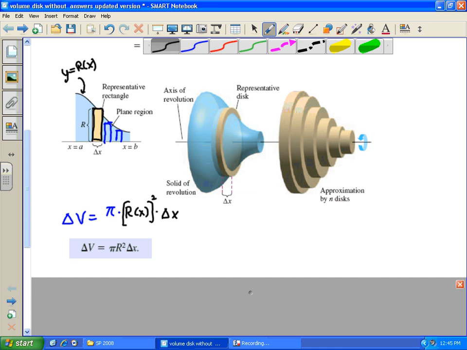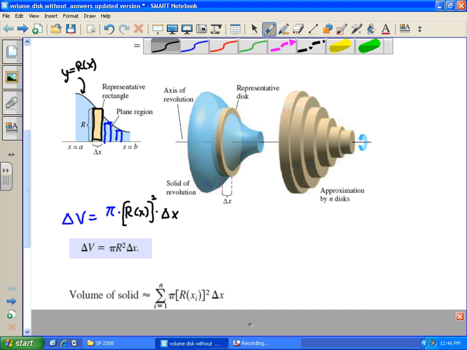Okay, that was just for one, right? But what do we really want? We want the total volume. So let's take n of those rectangles. We're going to take n of them to cover the region in the beginning. So what do you need to do with these n disks that you have generated? First, you want to add them up, right? Because you have n disks, so you want to add up the volume of the first disk, the second disk, all the way to the last one. So go ahead and sum this up, because we want the summation of delta W's or delta V's. We want the sum of these incremental volumes. That will be